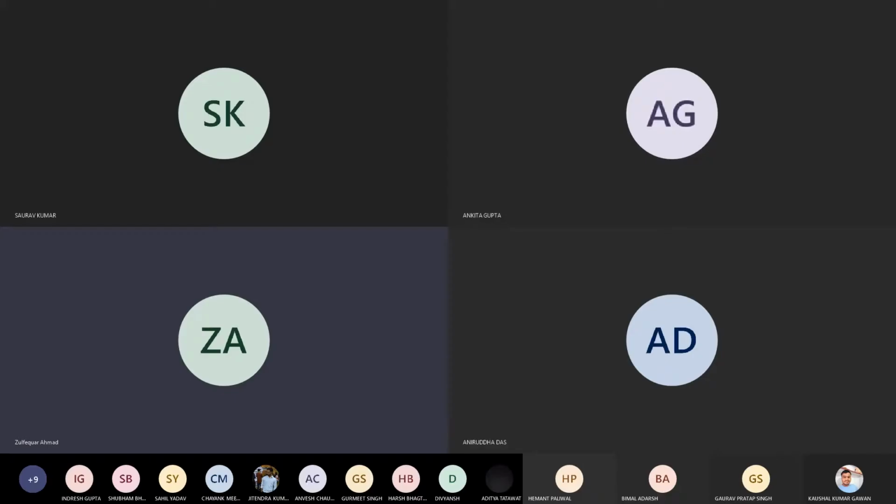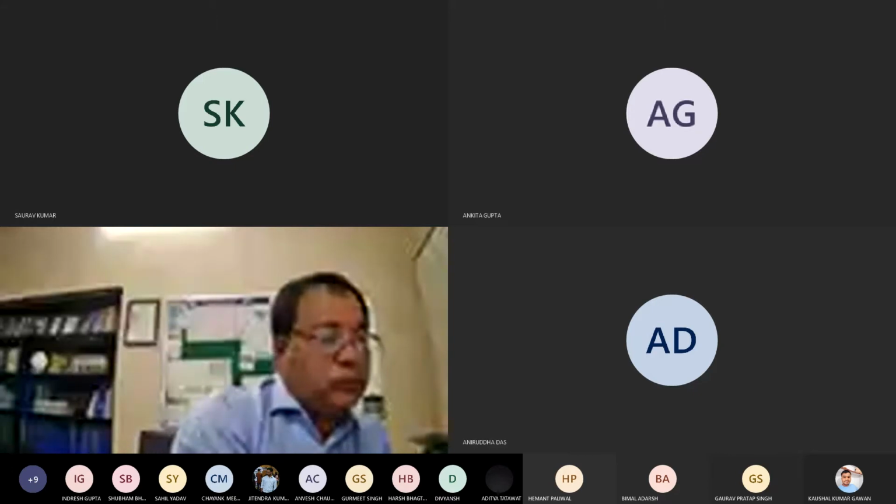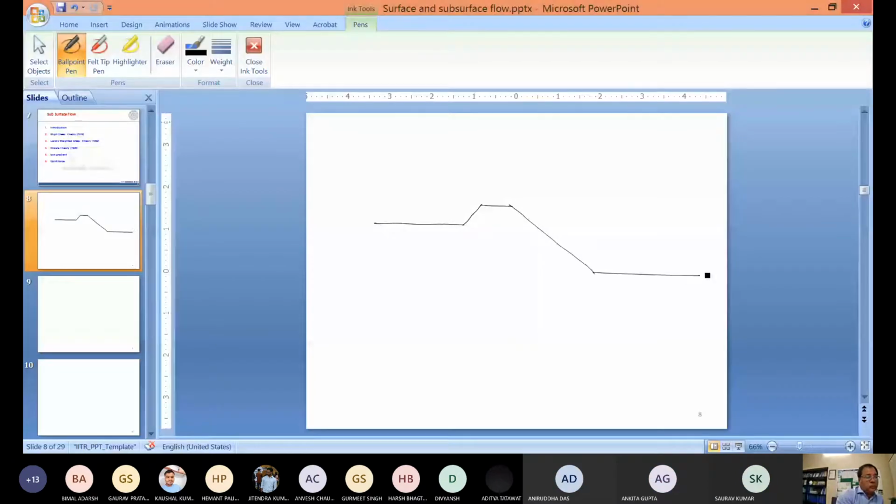We have the structure like this. So this is a typical structure, right? I'm putting the thickness also here of the floor. And here in the upstream, we have the sheet pile. And in the downstream, we have the sheet pile.